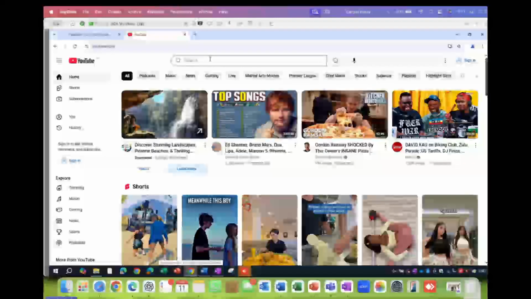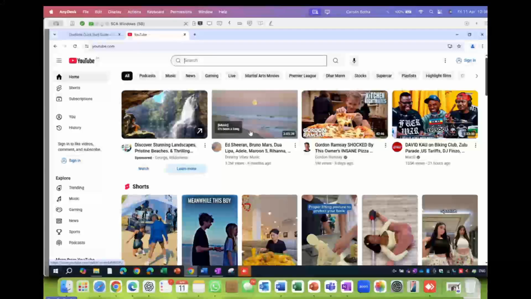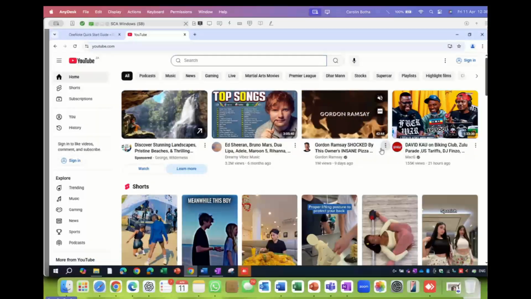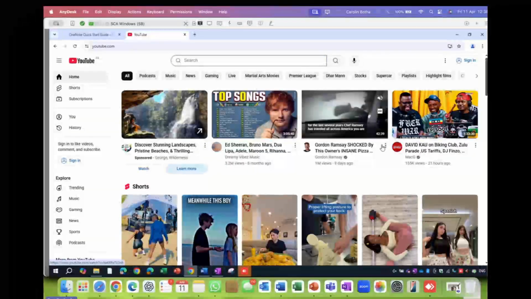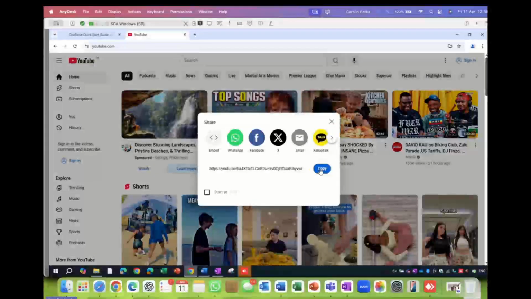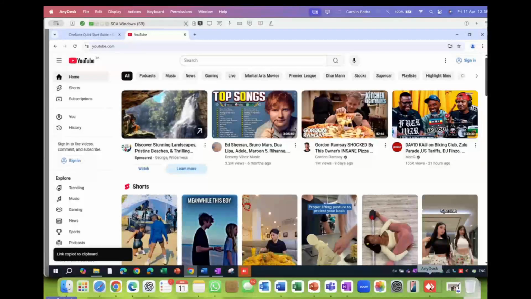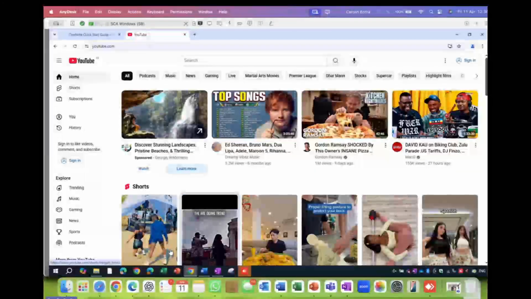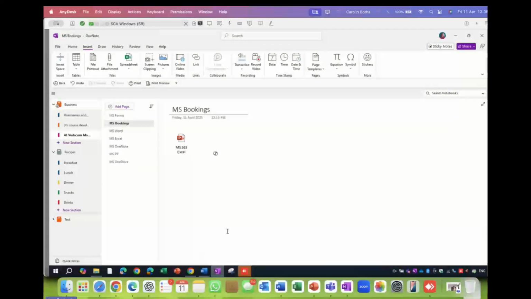This is much better. So let's just choose this guy, or seeing that we're on recipes, let's use Gordon Ramsay. I can open it, or I can just click on the three dots, click on share and copy the link, then hit back to my OneNote. Oh, I know why I have these terrible options now. Go back to OneNote, go back to that particular page, and insert an online video. So let's just click, yeah, we can move it around. This is now the beauty of OneNote.